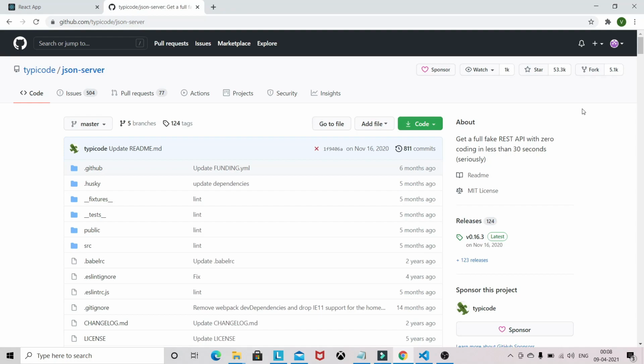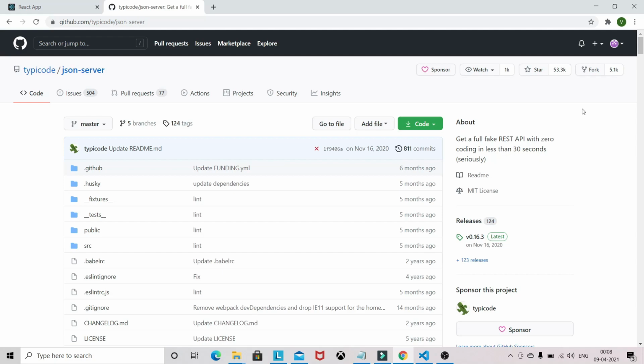So this JSON server is helpful for those people who don't know how to set up the backend server with the help of Express, Node, Mongo.